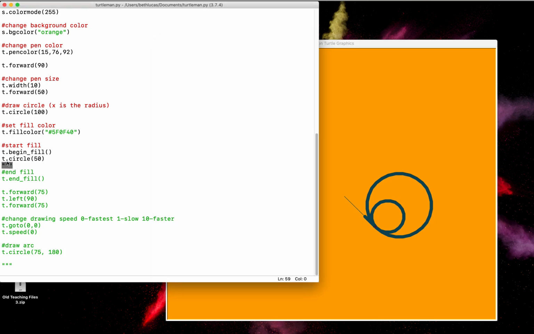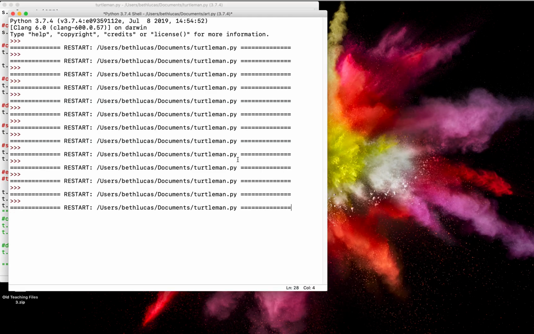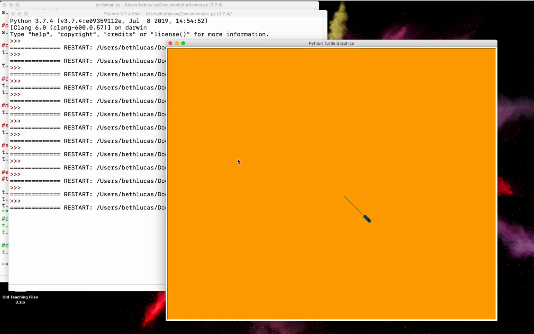Now, also, it's important that you end the fill where you want it to end, because if I made some more movements after that, so I'm going to comment out this end fill. You don't do this on your screen. I'm just showing you how things can go wrong. Okay. And if we didn't have an end fill and we had more movement,